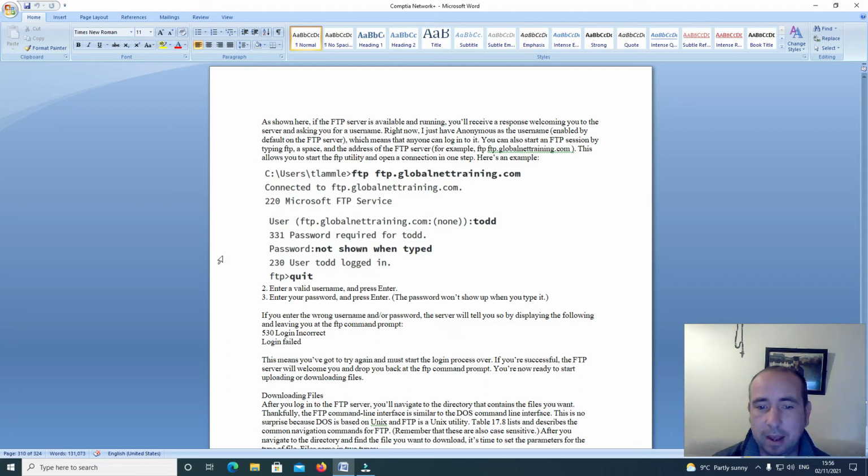For example, ftp globalnettraining.com. This allows you to start the FTP utility and open a connection in one step. Here's an example. C:\Users\tlamal> ftp ftp.globalnettraining.com. Connected to